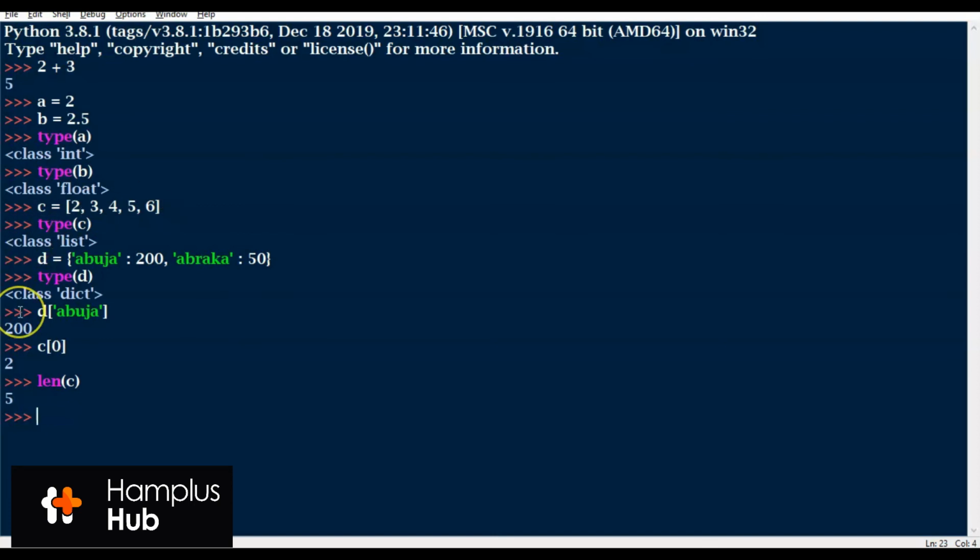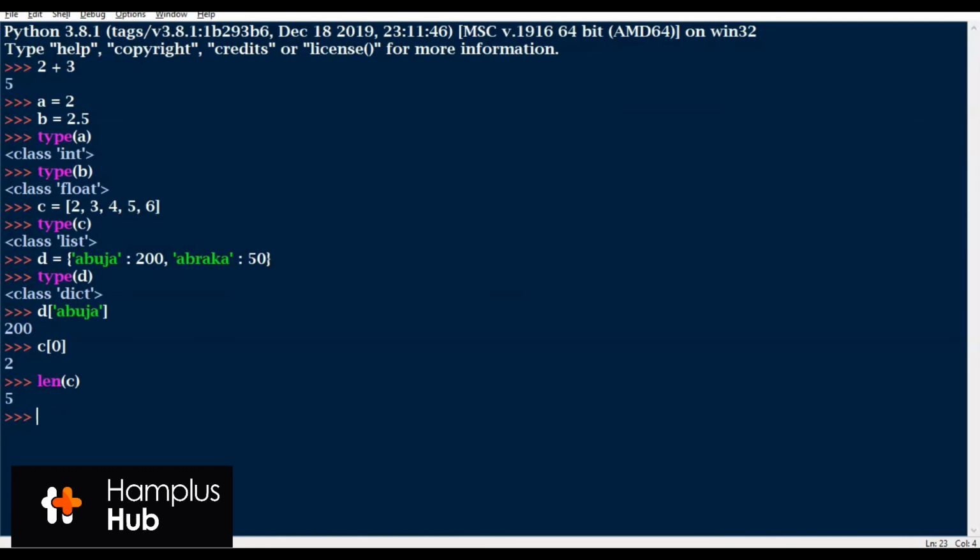Okay, so we can still do more with what we are seeing above, like the list. A list can be changed. The values in the list can be changed, and also that of the dictionary can be changed. Later, I will unveil to you a data type where we cannot change the values.